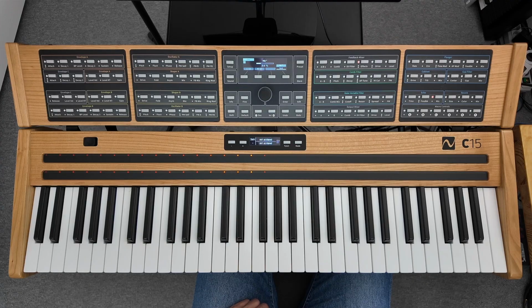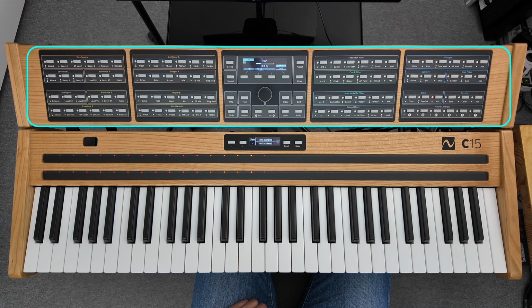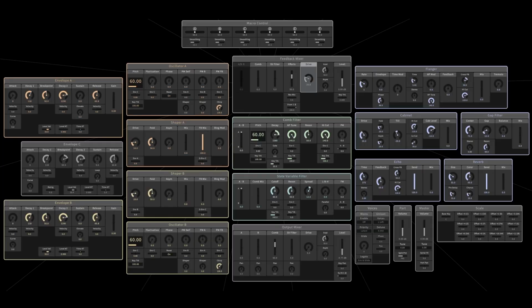Let's now manually create two split resonator presets directly on the C15. You will find them in the split tutorial bank. The C15 has two different user interfaces. The hardware user interface, with hands-on controls for quick access to all parameters, presets, and settings, and the graphical user